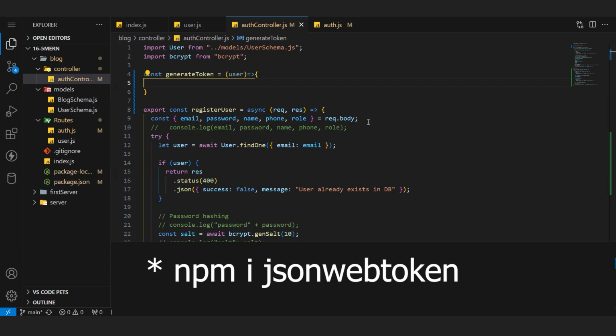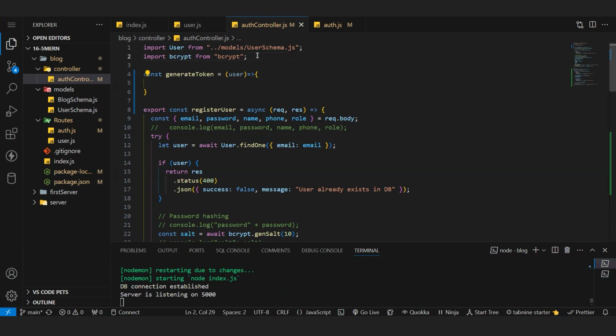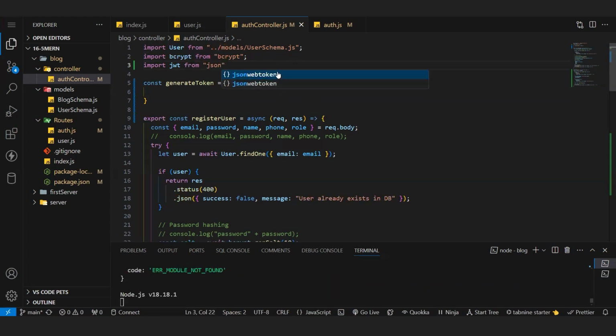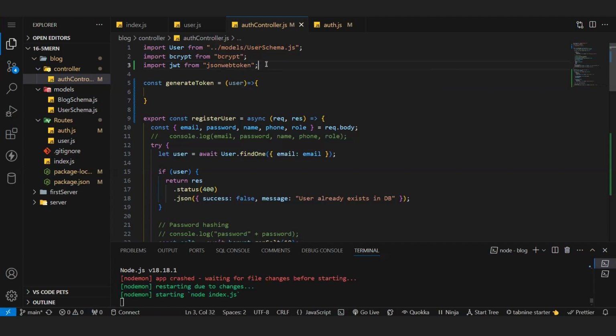So you install that one, correct? Come over here and import that one. Import jwt from jsonwebtoken. Next, inside this particular generateToken, you return